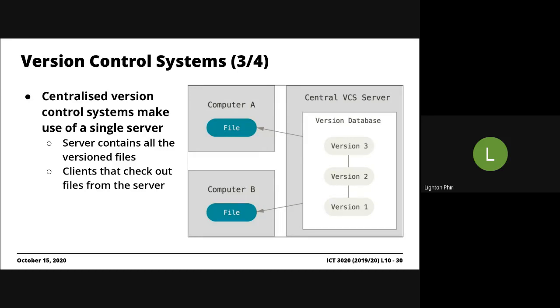The logic is simple here. The server platform will contain the version files, and then the different contributors, the different people that are working on that piece of software, henceforth called clients here, will make changes and push the changes to the central, or to the single source of truth. So you have a computer that you use to push changes to the central version control system server, and then